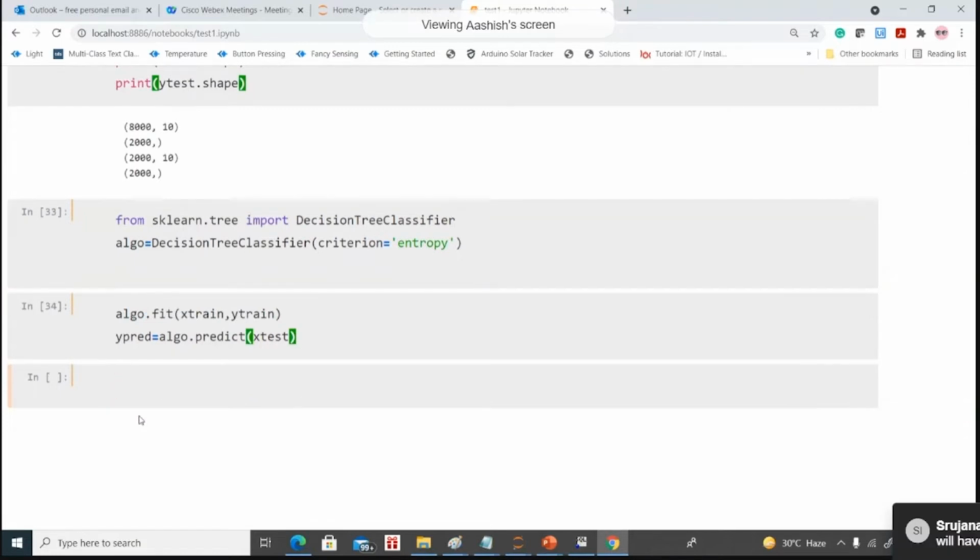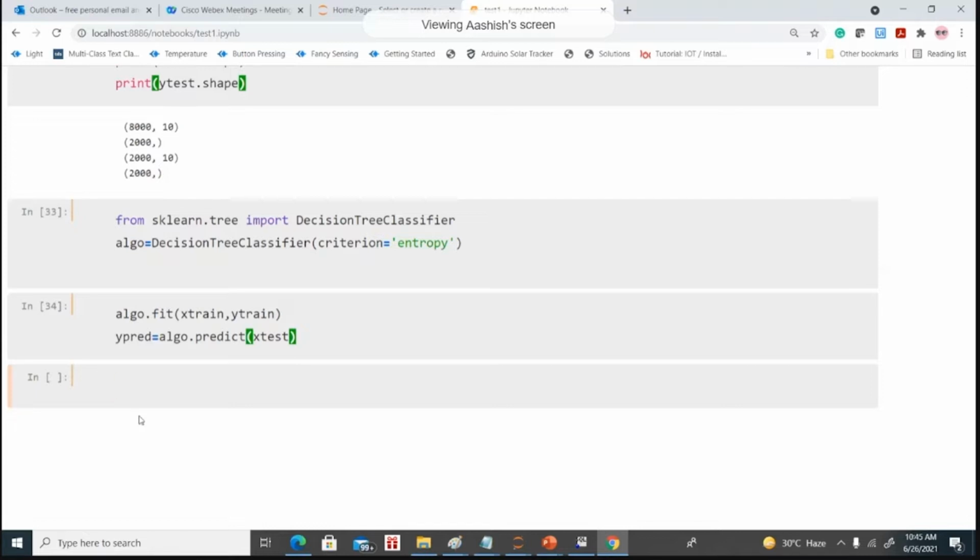Once we have a trained model, you can just perform the prediction: you send your testing dataset, which contains just the feature values, to the trained model and you get a predicted value. Now we are performing the testing on the testing samples. So y_predicted contains the predicted values for the testing dataset, and we have y_test also, which contains the actual labels. Now we check the performance of the trained model.